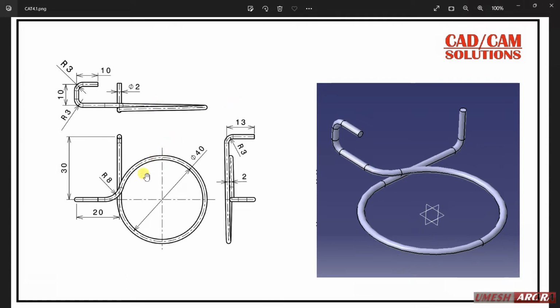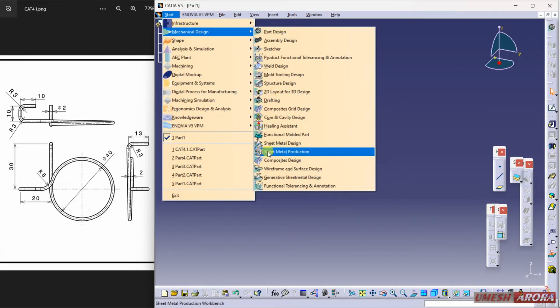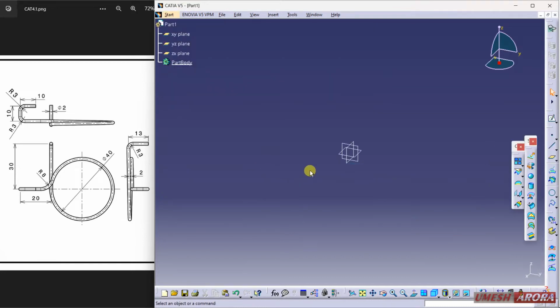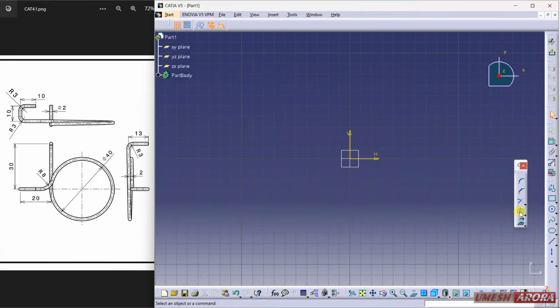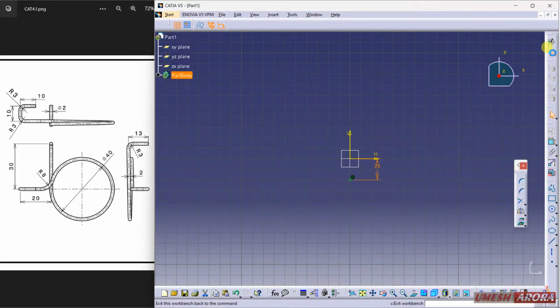So here we have three views. First of all, I'm going to start with a helix, and the diameter of this helix is 40, right? So let's start with the wireframe. Start wireframe and surface design, and the diameter is 40. I'm going to add a point, and the gap is 20 from the origin. Right, now exit